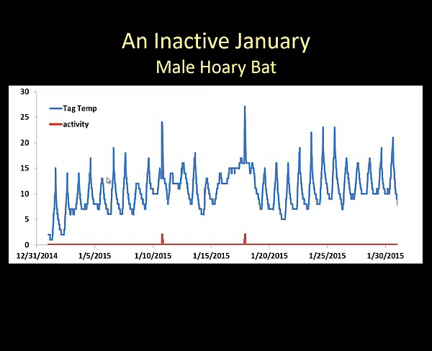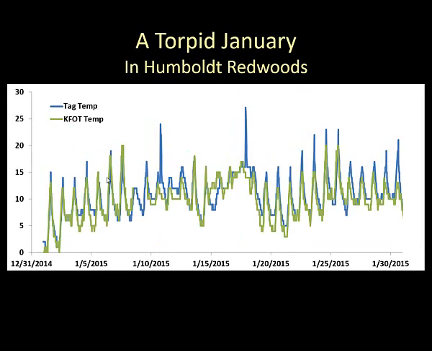One of the things we can't tell exactly from these tags is where all this inactivity was going on. But on a lark, I decided to download the data from our nearest National Weather Service station, which is about 30 kilometers away, and try to match it to that temperature trace on the bat. And this is, I'm sure, the cleanest relationship that's ever been on my computer screen. It blew my mind. You can see there's these two blips here where the temperature of the tag was warmer than ambient temperature, and that corresponded exactly to those small bits of activity in the bat. So basically, that's the bat rolling over in bed.